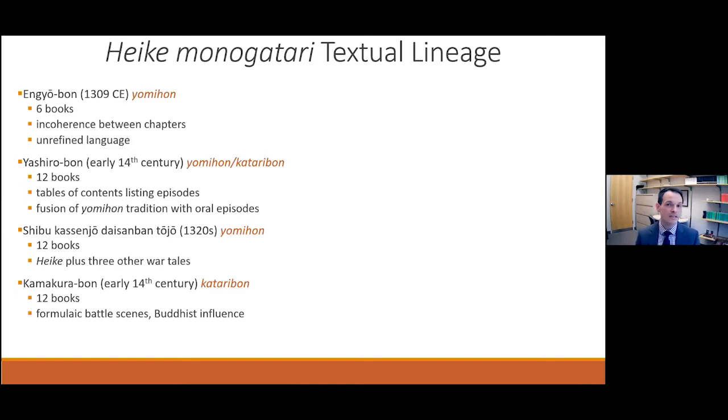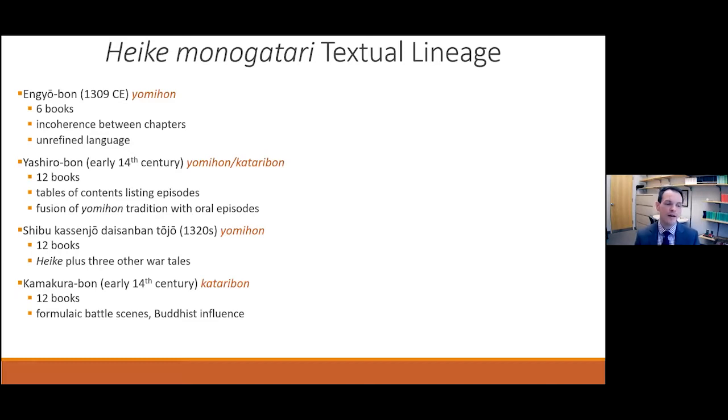The temple complex seems to have been a vibrant nexus of secular and religious music, and the Kamakura-bon shows notable signs of its different influences, particularly through its emphasis on battle scenes, most of which are the most formulaic scenes in the Heike, and the incorporation of principles from the Pure Land Buddhist sect. Kakuichi himself is believed to have been trained as a priest and singer at this monastery because the Kakuichi-bon appears